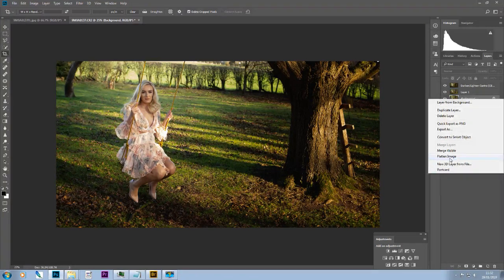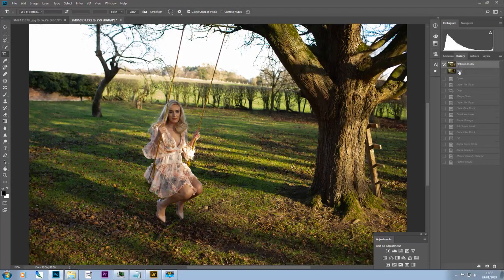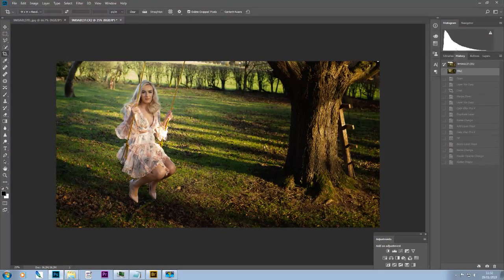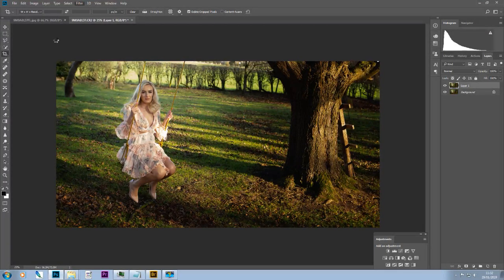So at this point, I'm just going to flatten that and we'll take a snapshot. There, I'll call that DLC. And if we just go back and forth, we can see that our model is starting to emerge from the background a bit better. However, in this case, I would normally now perhaps do a few passes